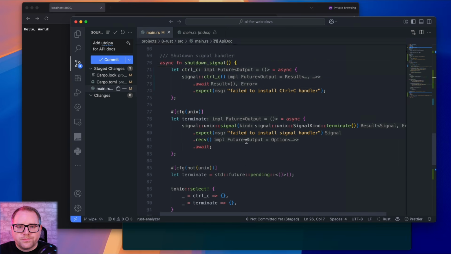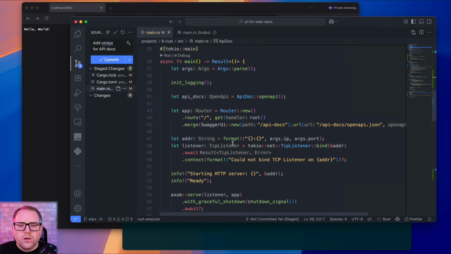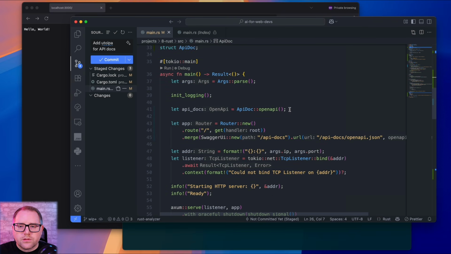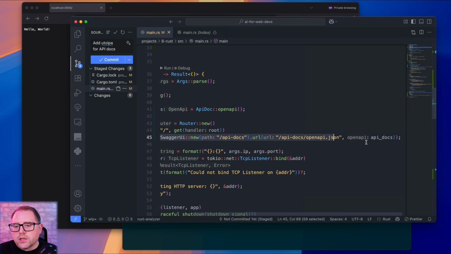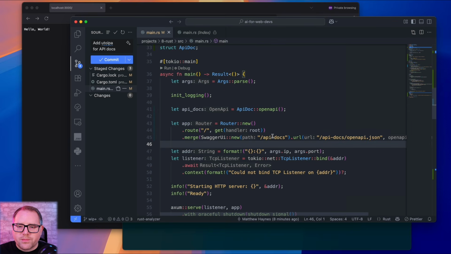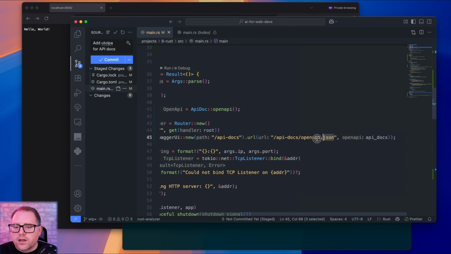All right, so in our main, we're going to create our API docs, and then we're going to add that as a route here. So /api-docs, the package is going to handle the JSON generation for us. We just have to map it. So it's /api-docs, it'll be available. The crate's going to handle the generation for us.